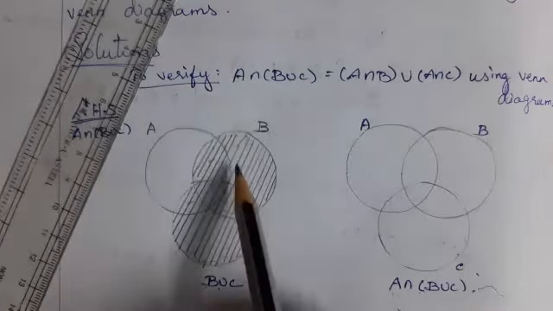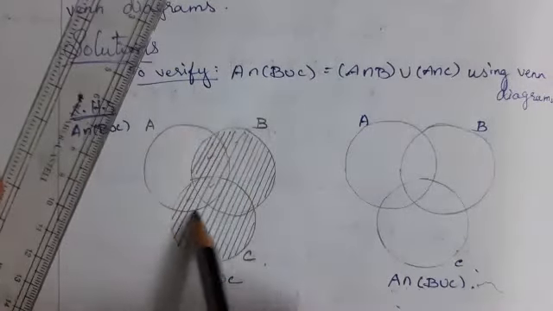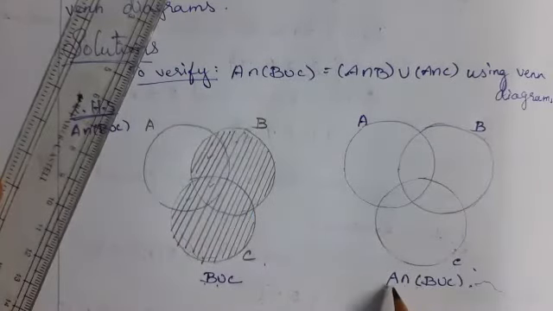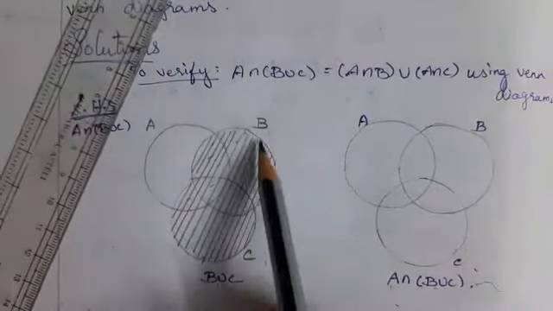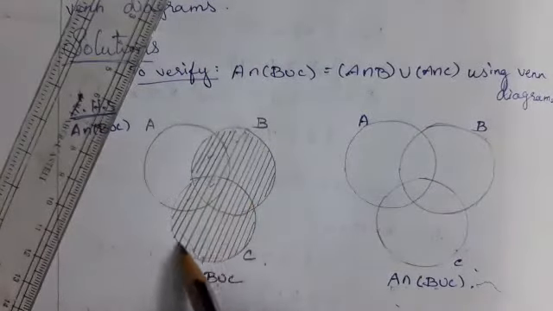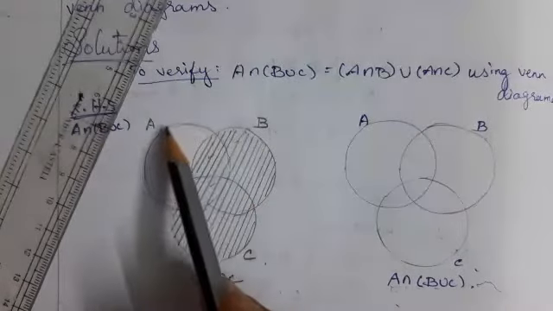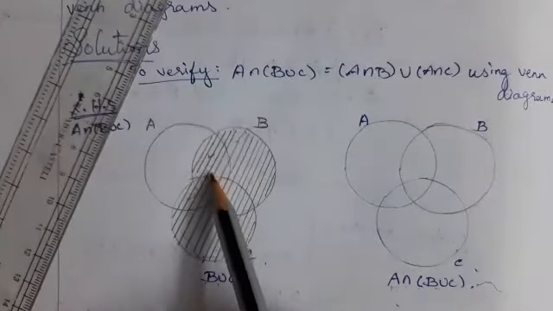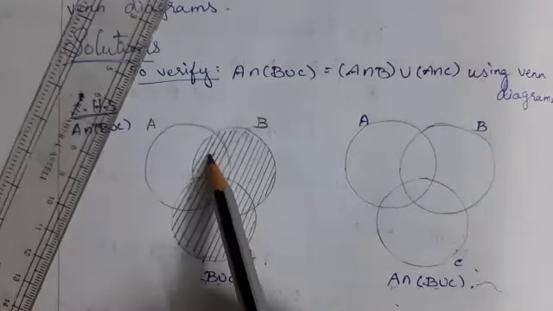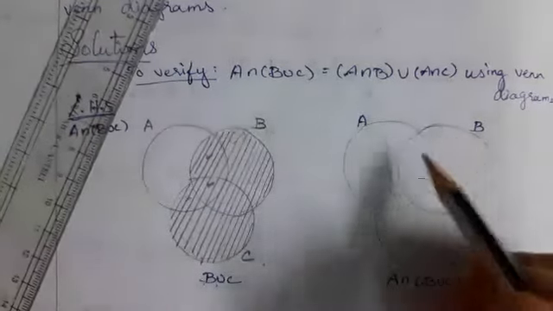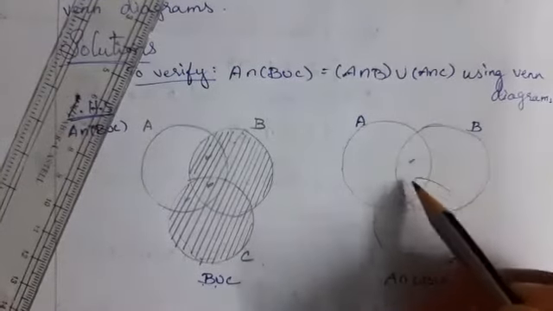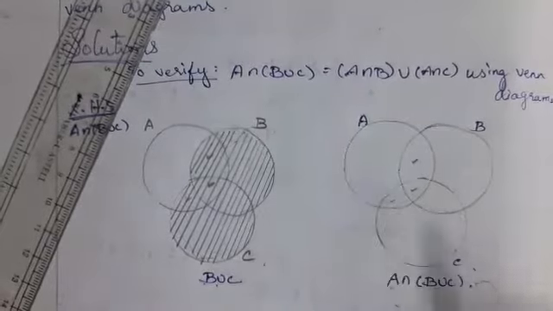Did you understand? This is the circle of A. You must find the intersection of A and B union C. B union C is here. See the circle A. This is the common portion. Here you have A and B union C. Therefore, you must shade the portion 1, 2, 3.